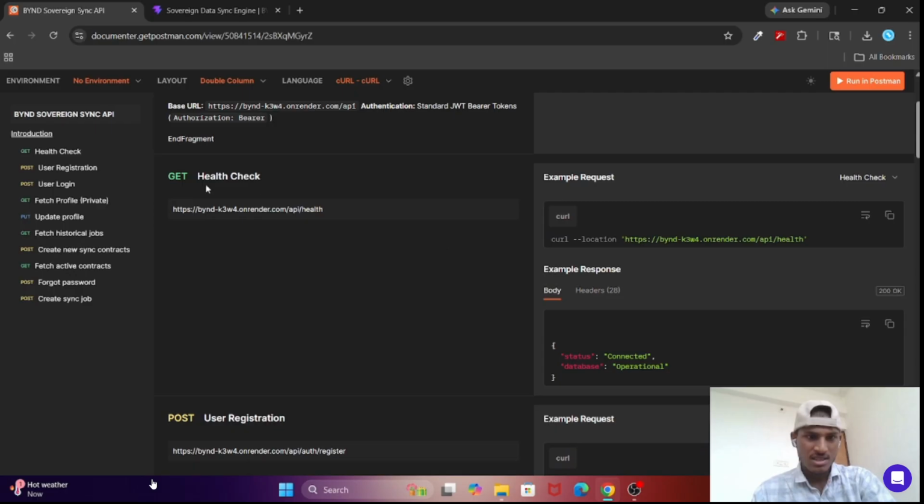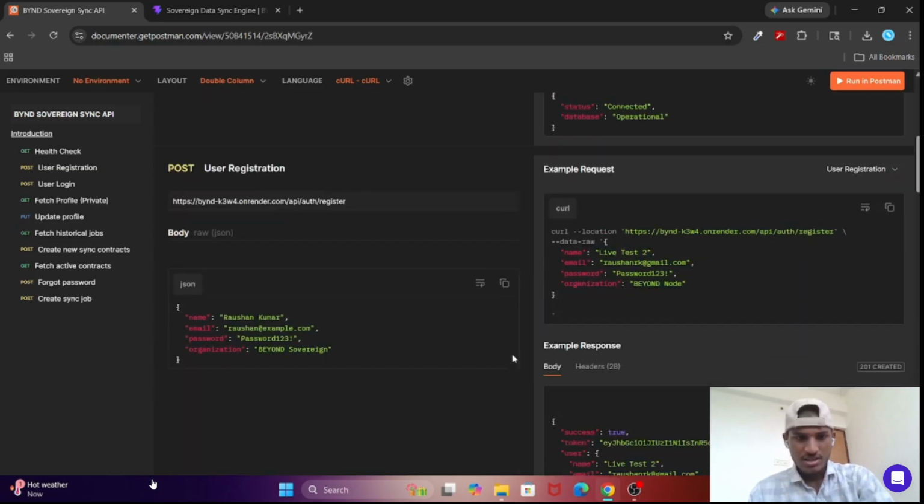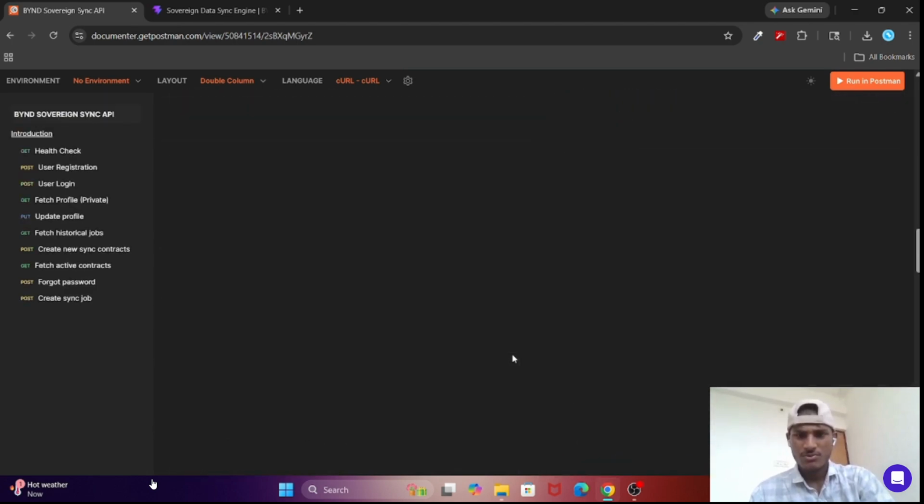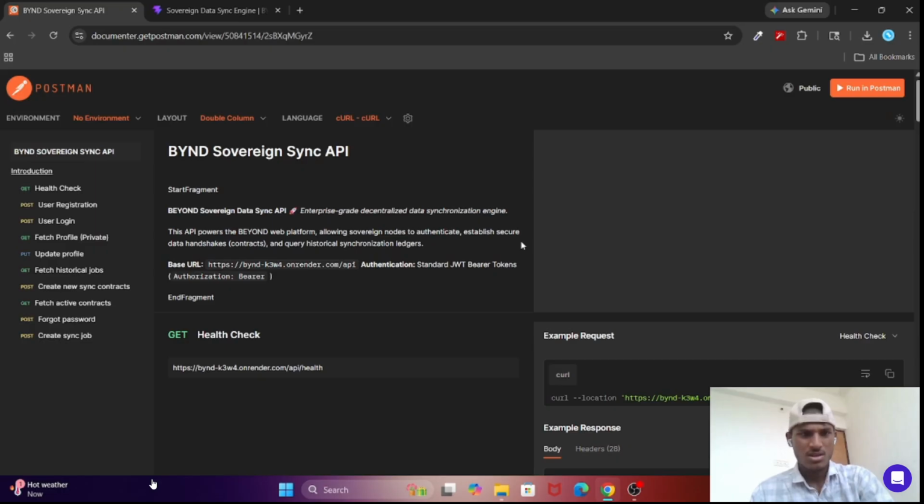You can see the first endpoint is health check. You can see this is the link and how it will respond. You can check this Postman documentation for further knowledge of how the backend endpoints are working.